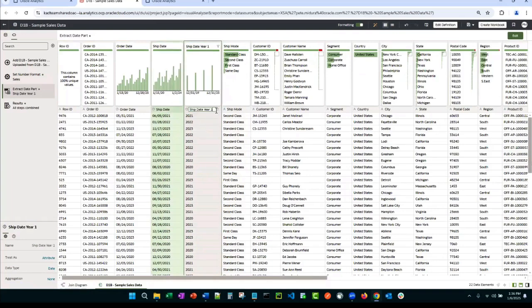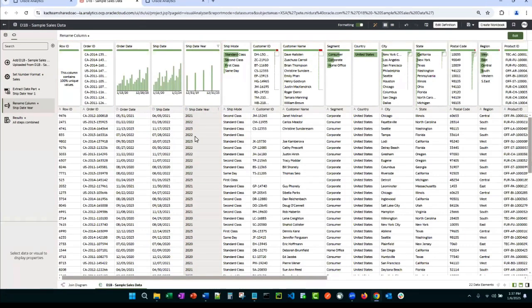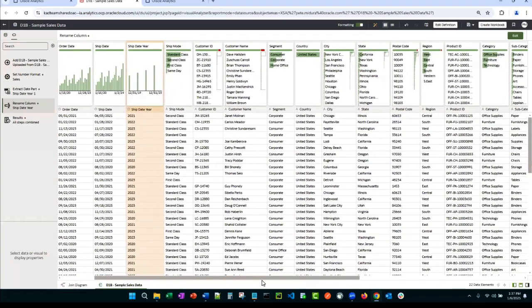If I double click in here, I can alias it. And that goes the same for all of the columns. And while we're making these changes, the original data is never getting affected. These are simply layered on at runtime, all of these different preparation tasks. So you never have to worry if this is ever going to affect the source data that you bring in or you connect to.